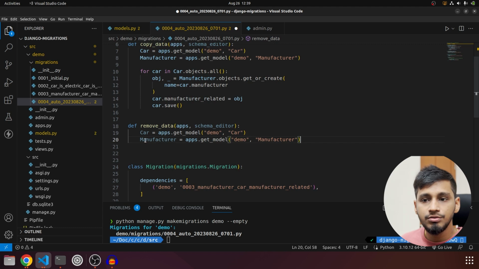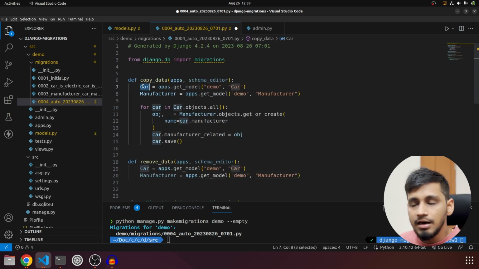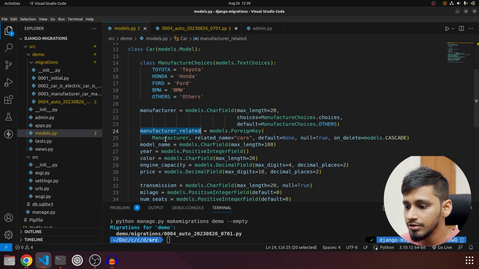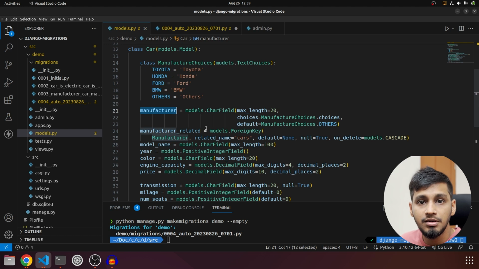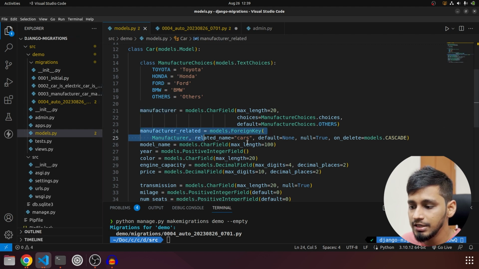Then what we are going to do is access the car model and copy whatever the manufacturer related name is there into the field called manufacturer, because this is what will exist after this particular migration, that is 0003. And in the 0003 migration, this field will be removed, right? So that's why we are going to do that.